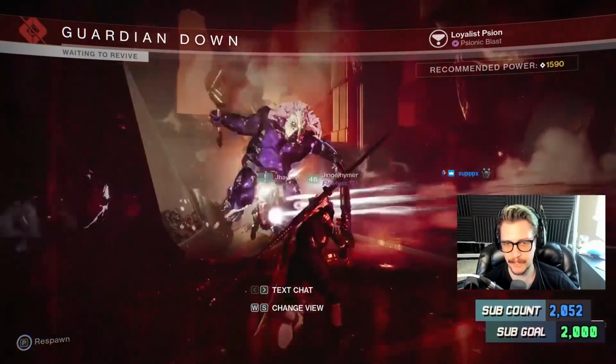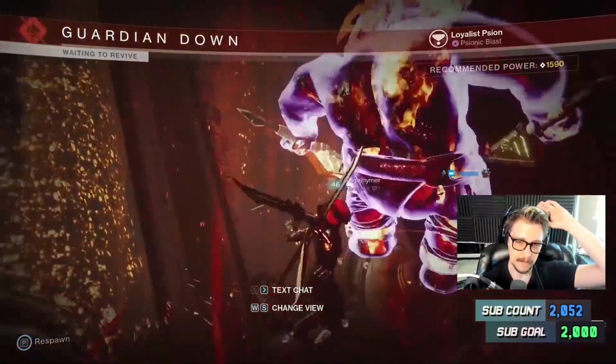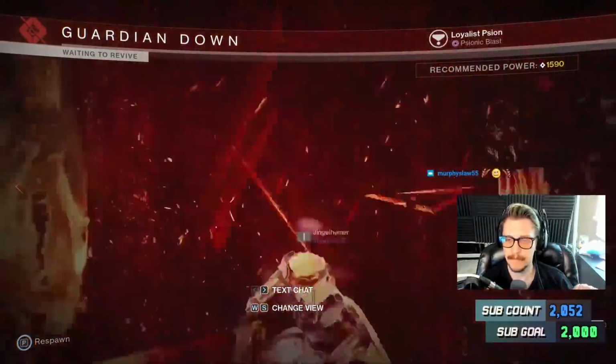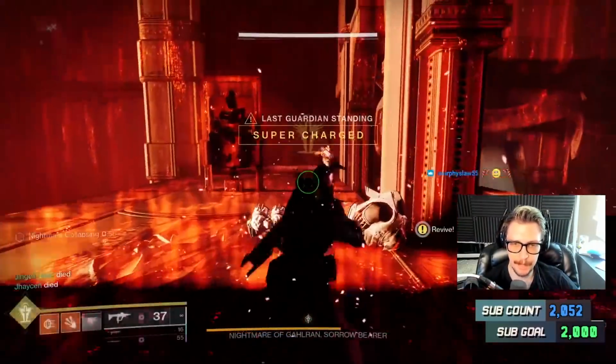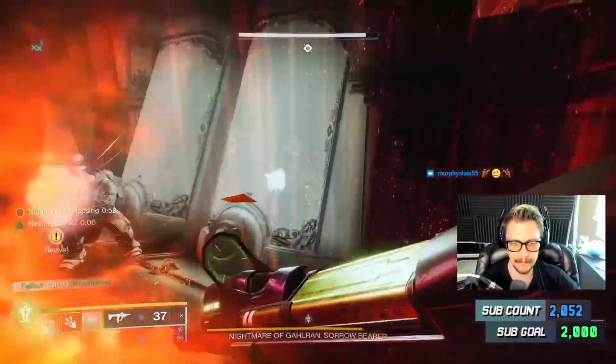Just sit there and have your 2 teammates damage the boss as much as possible until the Nightmare timer reaches 0 and everyone dies. When everyone is now dead and the second you get the text on your screen with that 3-second timer indicating that everyone is dead and you're about to get the full fire team wipe, have the first person instantly mash their revive button that they've been waiting to use. Then they will pop up back to life like nothing happened, still in Nightmare Land,